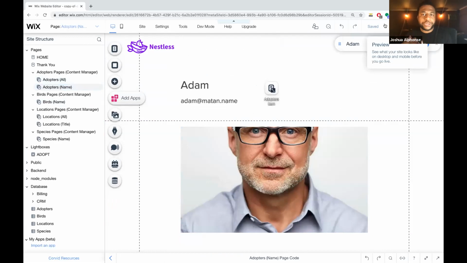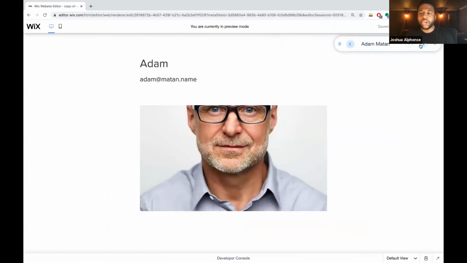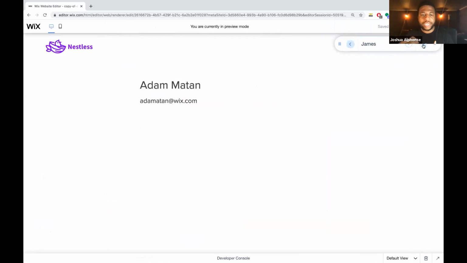So similar to how when we were adopting the birds last week, we were able to see the bird's individual page and we were able to donate to the bird and also adopt each singular bird. It's the same instance here from when we're using the dynamic pages for each of the adopters. So now we have Adams here. We can go and scroll through all of them. James, everybody's here. So if I go back to the editor,